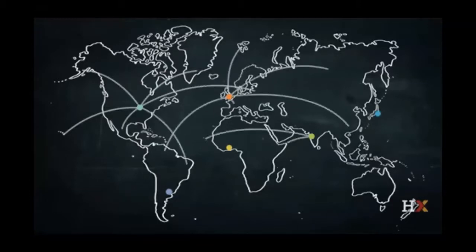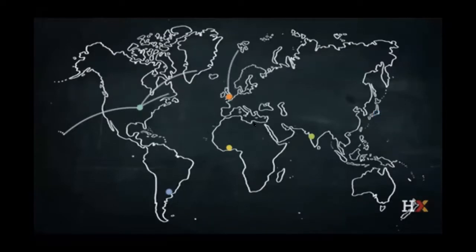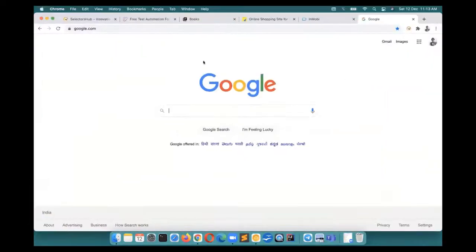It is like the address of a place. Like on the globe, every place has its own address, right? Similarly, in any web page, every element, like on google.com, if we have to click on this Google search, this has its own address. What that address is called in technical terms, in software web development, is XPath or selectors.